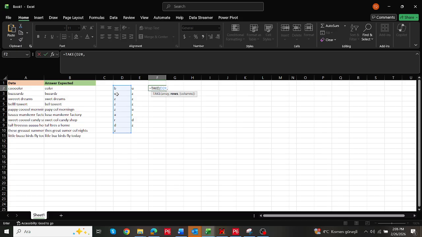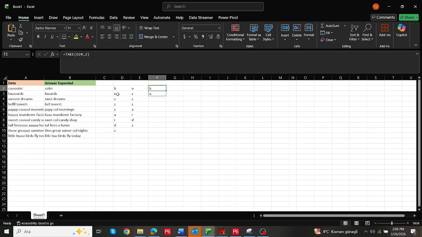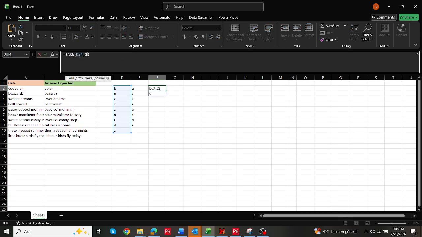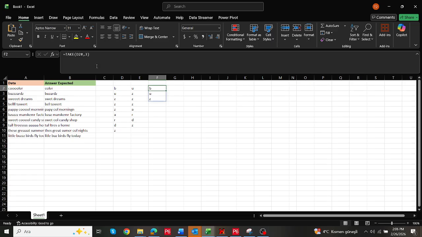I'm taking into consideration the second letter, row number 2, and it took B and U because I wrote 2 in the array. It took the first 2 letters. If I would write 3 here, it will take the first 3 letters, but